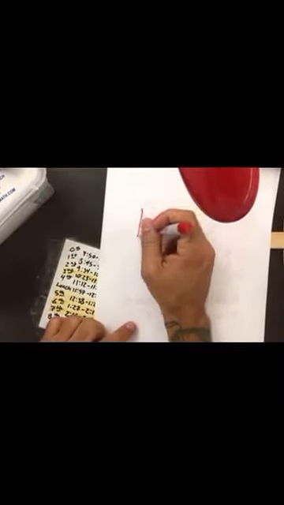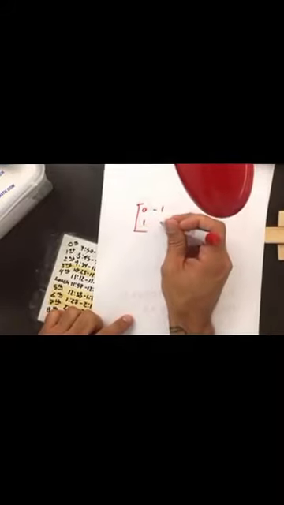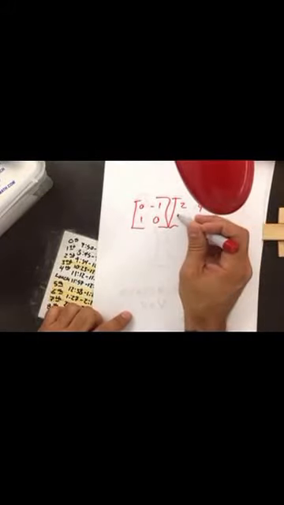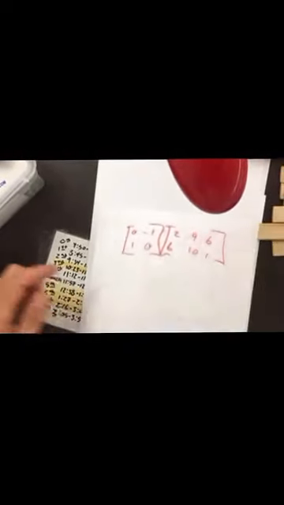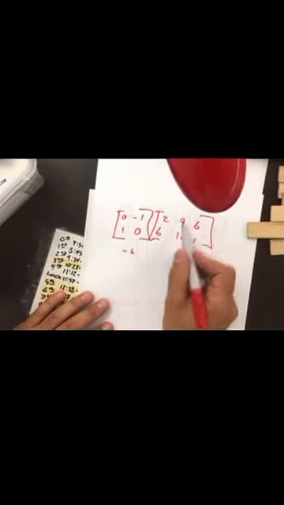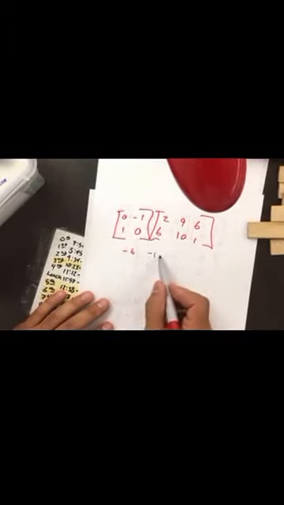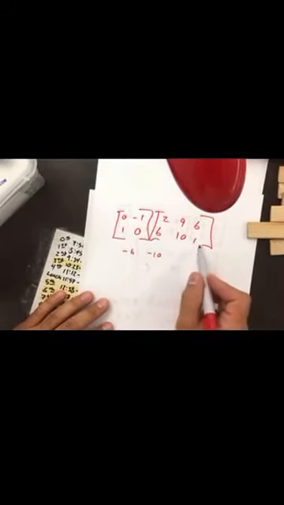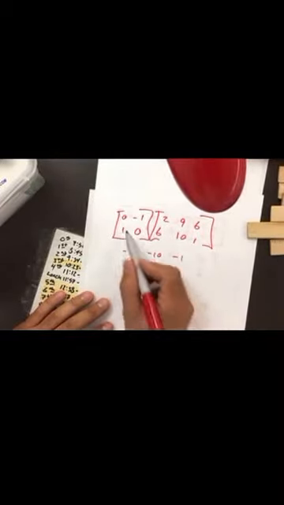So the next one that I'm going to do is 0, -1, 1, 0. What were my points? 2, 9, 6, 6, 10, 1. So as you can imagine, what's going to happen here is when I multiplied it by this matrix right here, my x and my y switched locations. When I multiply it by this one, that's going to make all of the new x's negative. So this row times this column, 0, -6. This row times this column, 0, -10. This row times this column, 0, -1. This row times this column, 2, 0, 9, 6,